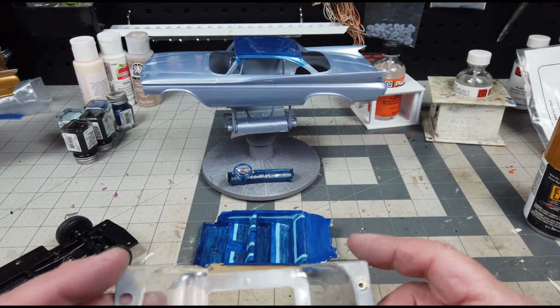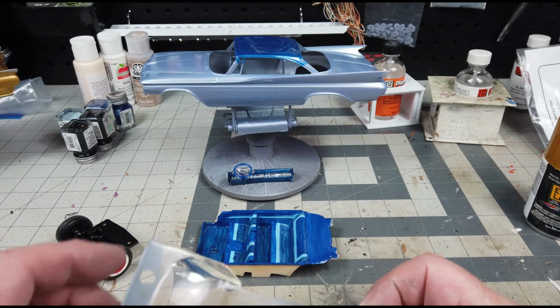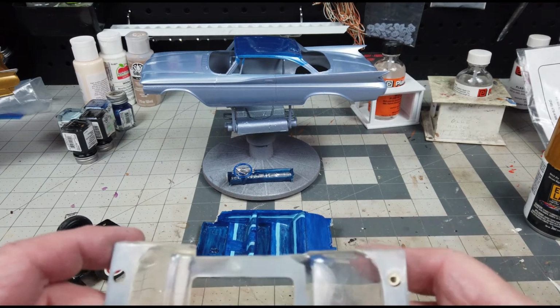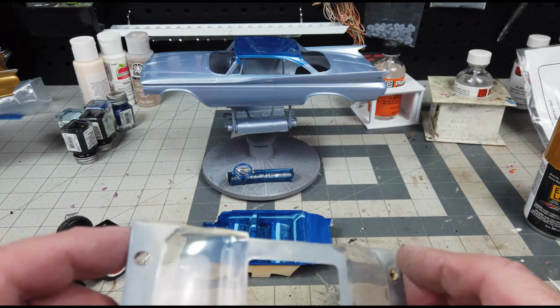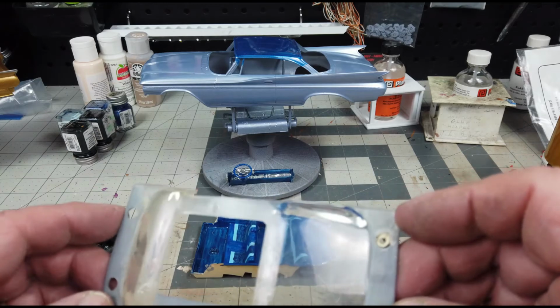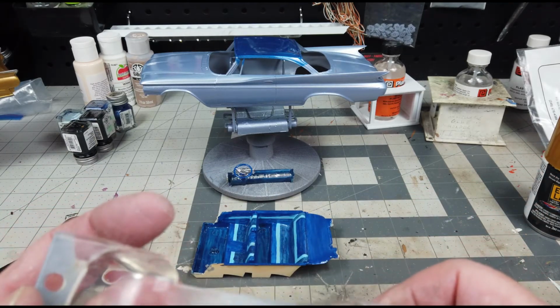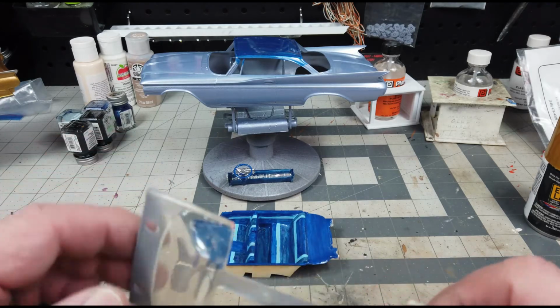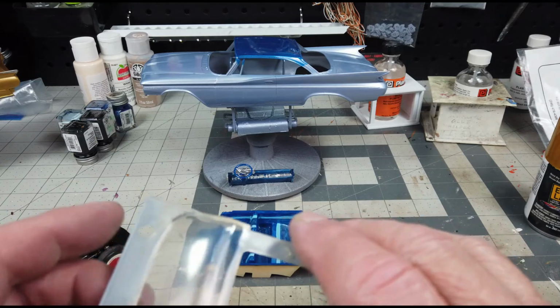Well, we've done some more work on this 1960 DeSoto. I've reworked the windows a little bit on them. I'm still going to have to do more to those. There are just some deep scratches in there that are giving me fits. So I'm going to have to definitely get out the polishing kit. And I mean, it's both sides of them. So I'm going to have to get out the polishing kit again and go to work on that